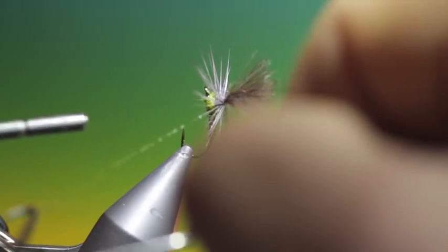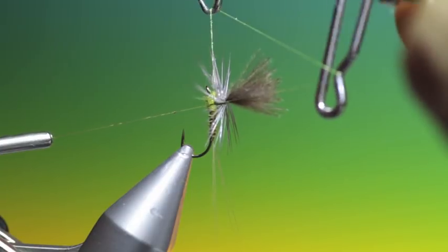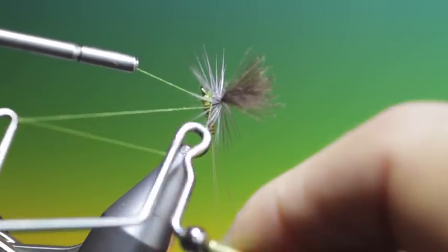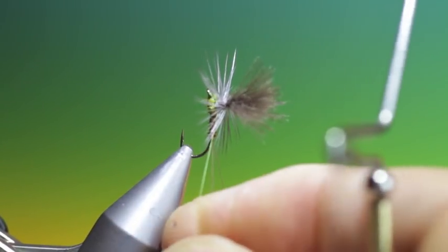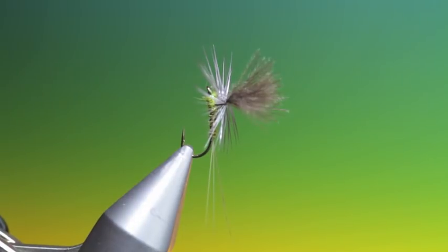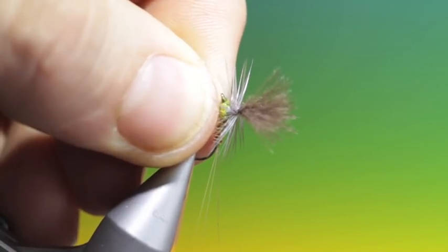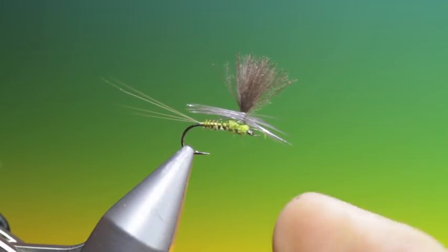then once again a tiny bit of varnish on the tying thread, whip finish tool, and we go once, twice, 3 times at the base, taking care not to catch any of the hackle fibres, and we just straighten and tighten that, and that's all you need. That's finished, varnished as well. So we just trim that off, spin that around like so,